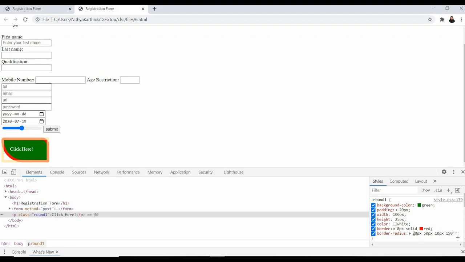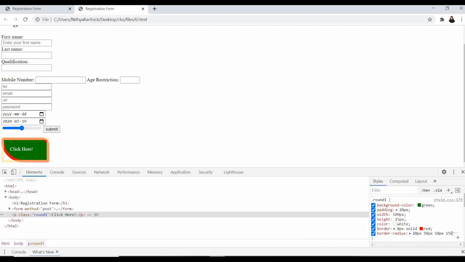Okay, this 20 pixel is top left, this 50 pixel will be top right, and this 10 pixel is bottom right. This will become like this circle. First we will start with top left and top right, bottom right and bottom left. Okay, this value can be given this way.